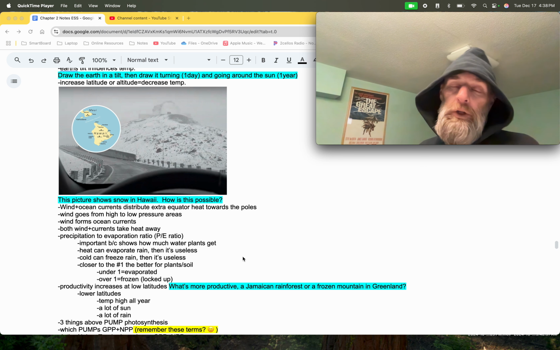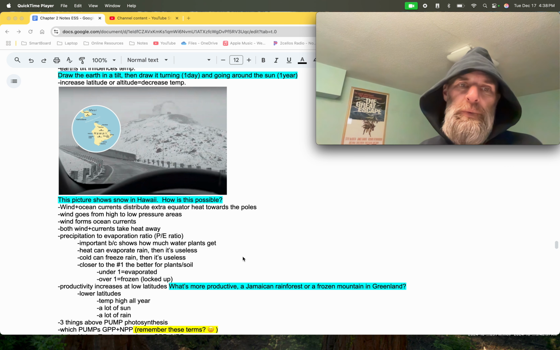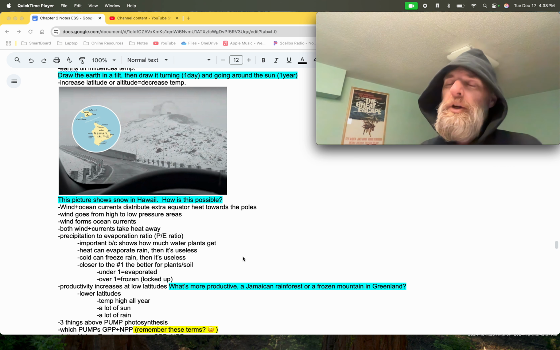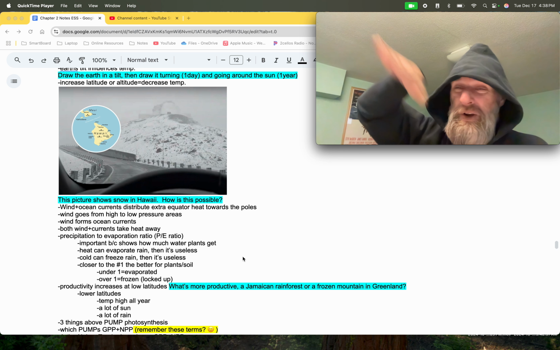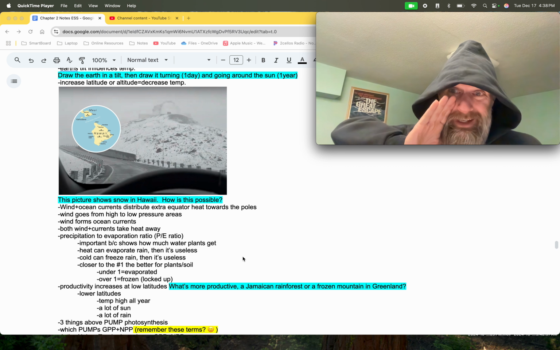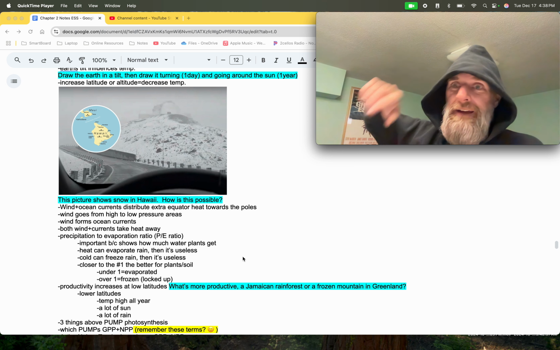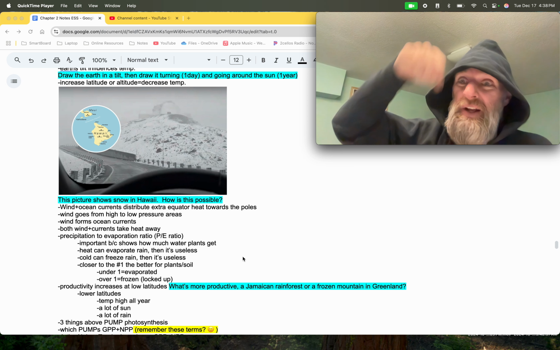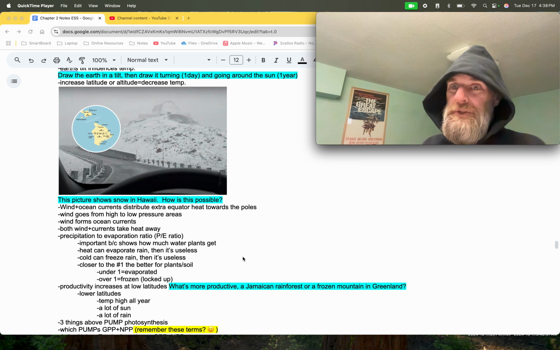Wind goes from high to low pressure areas, so just like that. Wind forms the ocean currents. So a lot of the wind comes down and beats down on the ocean. The result is if you're near Puerto Rico or the Caribbean, you get some monster waves when we get snowstorms off in New England or any of these winter storms, because they just pound the wind down on the ocean and then it creates this current wave underwater. The result is you just get some